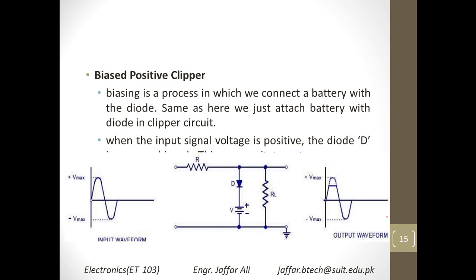Now in this circuit, if you want to clip only a portion of a peak, and you do not want to delete or eliminate the whole peak, you can also do that by just installing a battery and a small load resistor. By using such a circuit, by manipulating the value of the load resistor, you will be able to cancel the peak as much as you want.